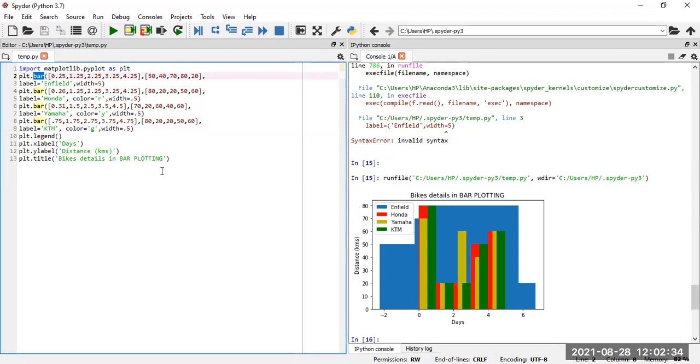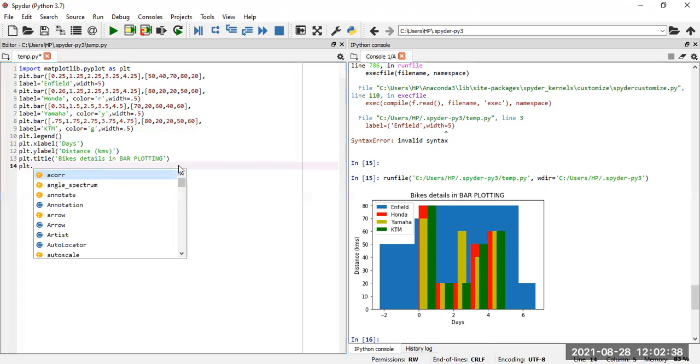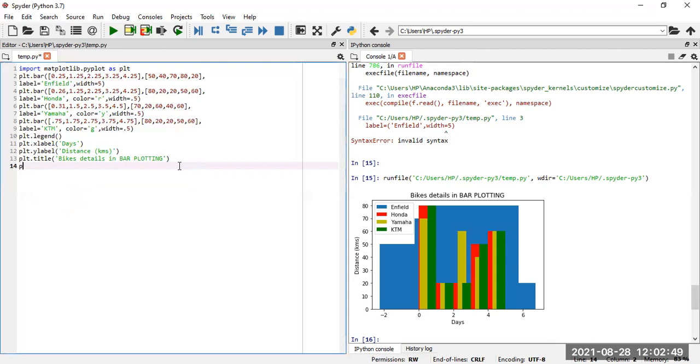So plt.bar. If we are trying to make it a bar graph, plt.bar will show the bars. As per the bar graph, we can have the values here. Whichever way we are trying to make it, we just need to keep that in mind and mention it. Previously it was just a normal line graph, where we just used plot, and the values were plotted.